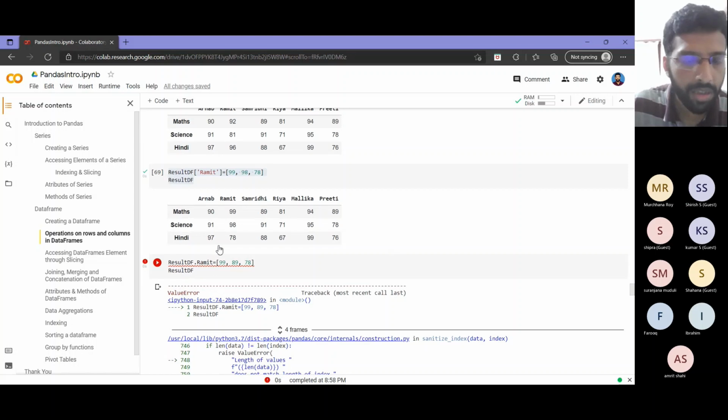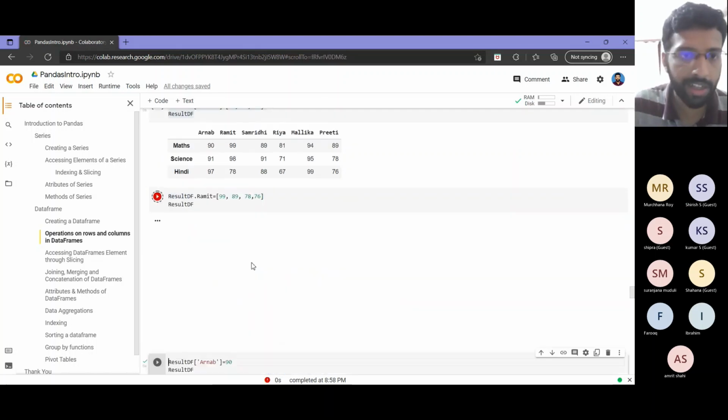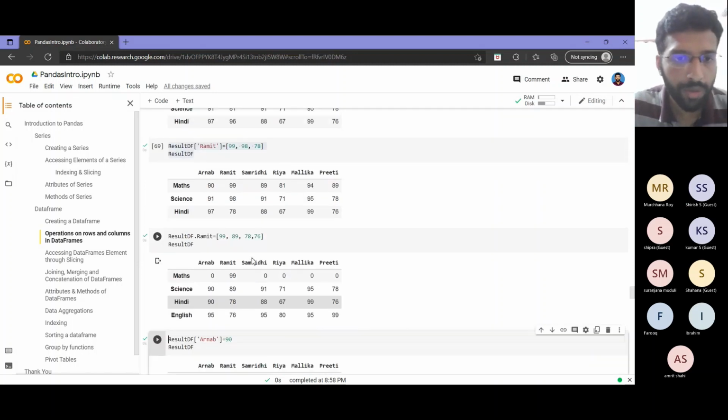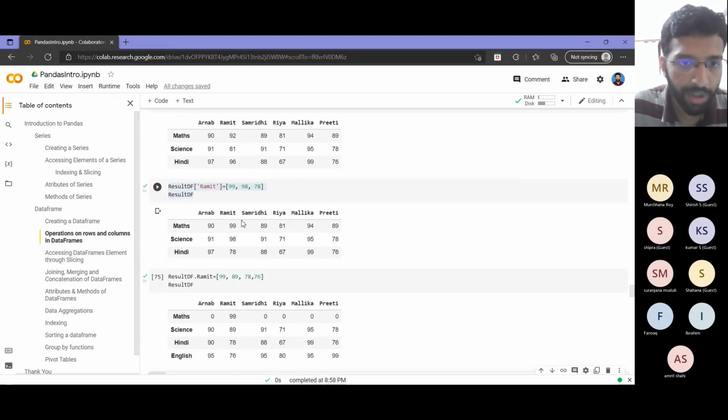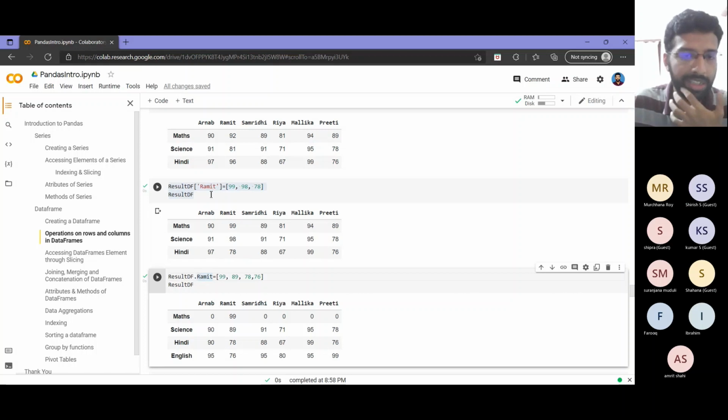Now there are 4 subjects, right? So 76 English also we added. Now if you see, the marks corresponding to Ramit are updated to 1998. So accessing a column like this and accessing a column like this, both work the same way. In literature as well as in exam MCQs, you will find it either this way or this way.